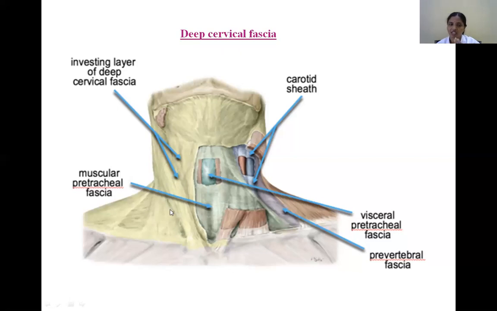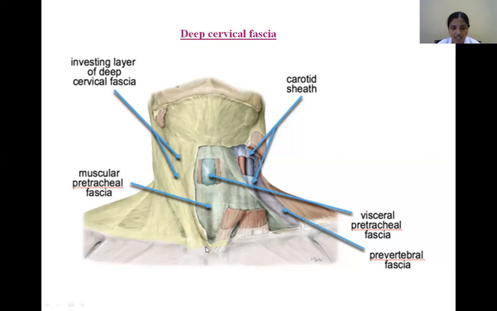Again, the single layer extends across the posterior triangle, and on reaching the anterior border of the trapezius muscle, it splits to enclose the trapezius muscle. After enclosing the trapezius, it goes back to the posterior median line, where it continues with the same layer of the opposite side. So this is the continuity on either side. Superiorly, it is attached to the lower border of the mandible, then back to the styloid process, then to the mastoid process. From the mastoid process to the superior nuchal line, then to the external occipital protuberance. That is the upper extremity.